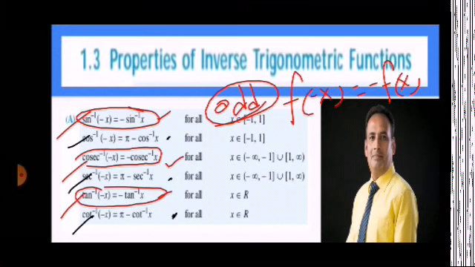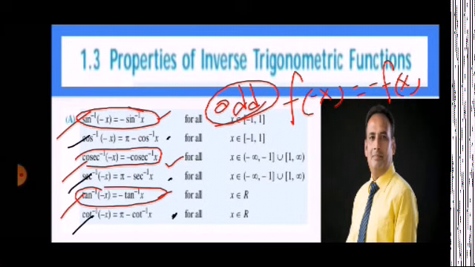It's okay, just keep it in mind for memory. I have given the idea that sine inverse, cosec inverse x and tan inverse x, as these three share the first and fourth quadrant, also show odd function behavior, and the rest three share the first and second quadrant. So this gives pi minus of that: cos inverse minus x equals pi minus cos inverse x, sec inverse minus x equals pi minus sec inverse x, and cot inverse minus x equals pi minus cot inverse x. So let's prove this one by one.